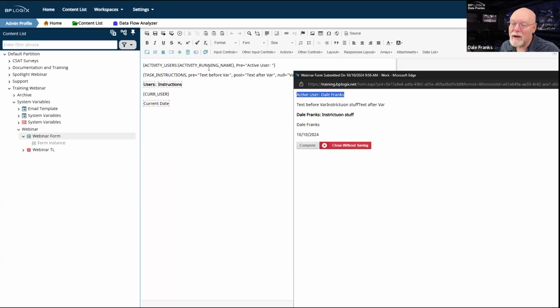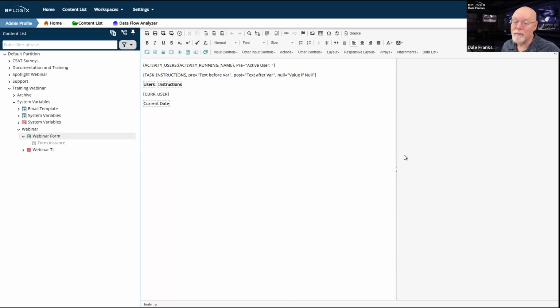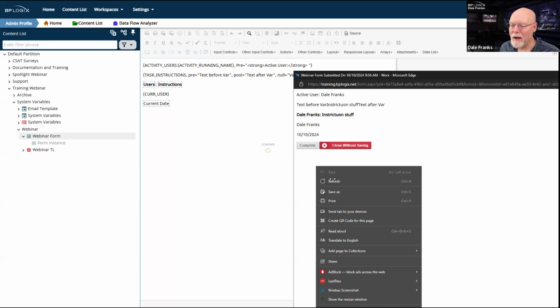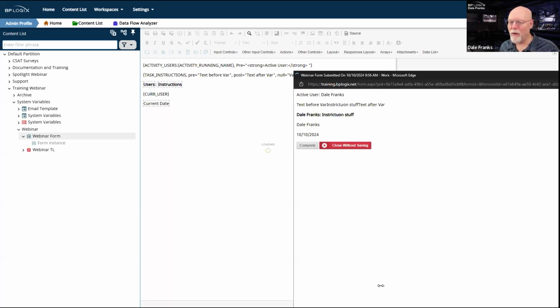In fact, I could even do this. I believe I'm going to throw in a little HTML here, and I'm going to resave it. And I'm going to refresh this form so that we can get it refreshed as soon as the form definition saves.